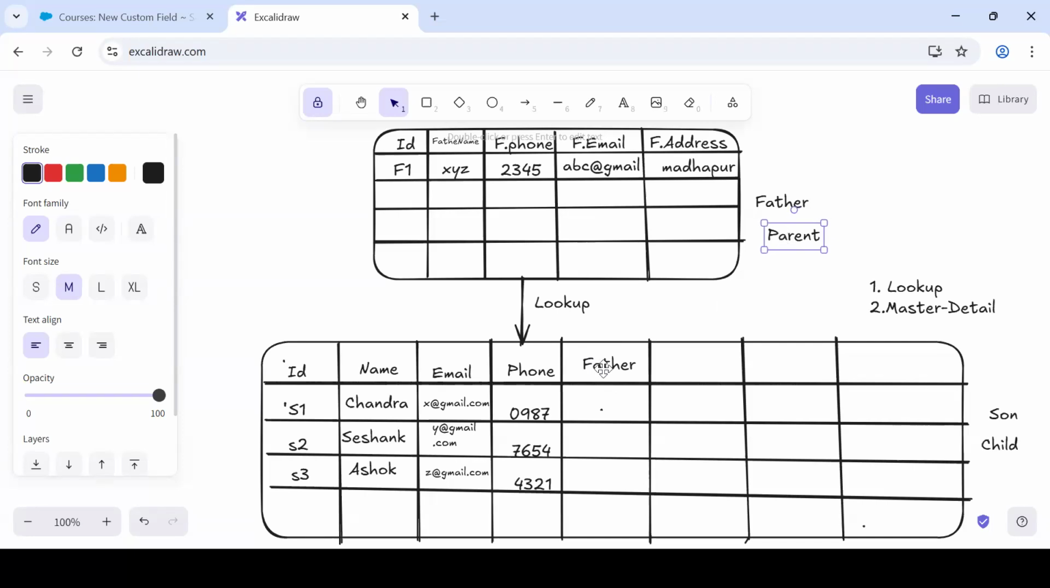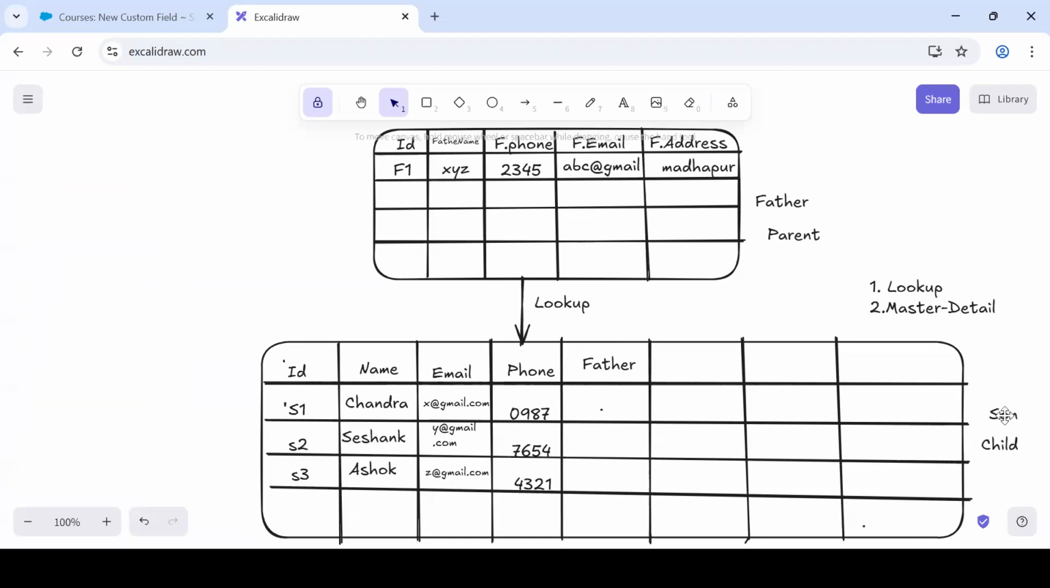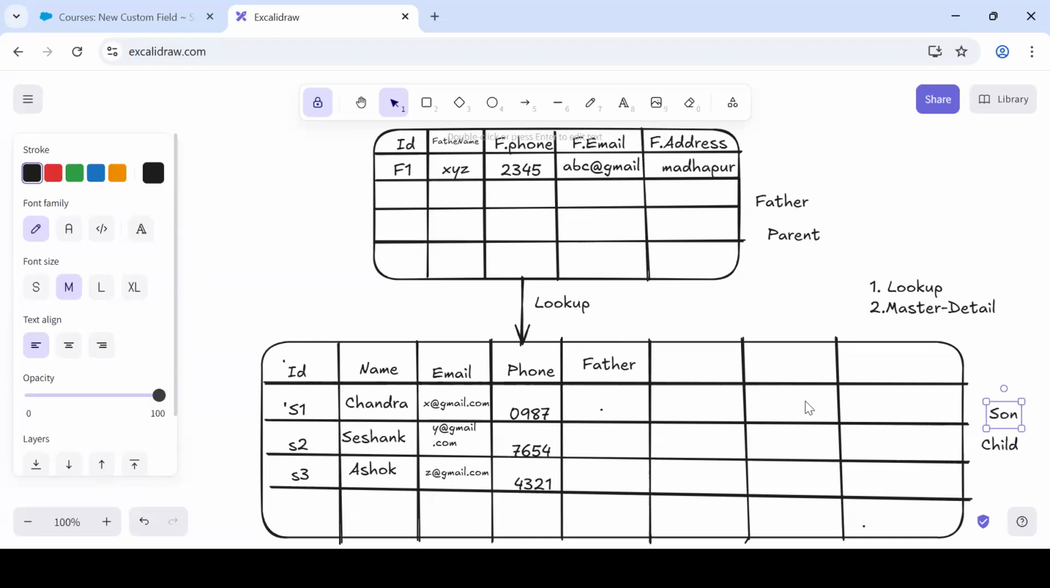Okay, simple. So I have two objects. One is a father, one is a son. I need to make father as a parent object and son as a child object. So this son as a child, right? Then I need to come to this son's object. There I need to create a relationship field called father with this object so that I established